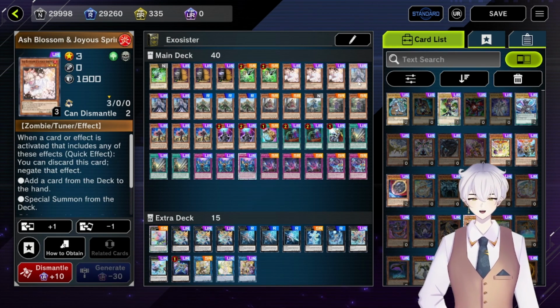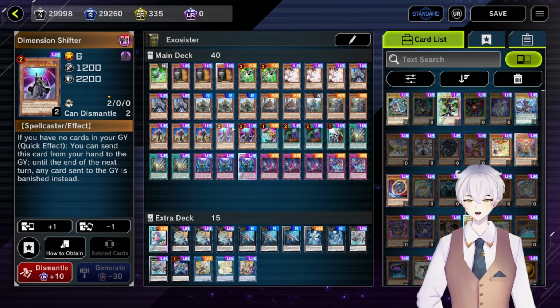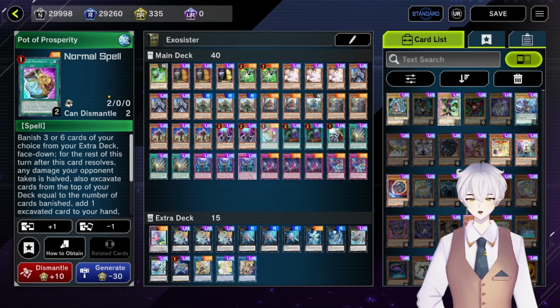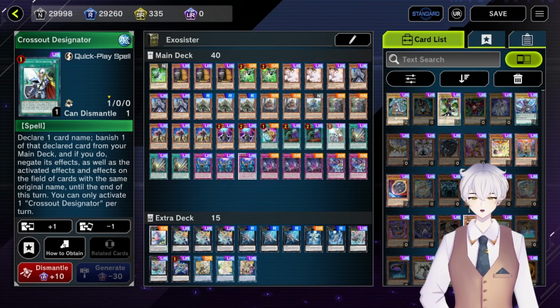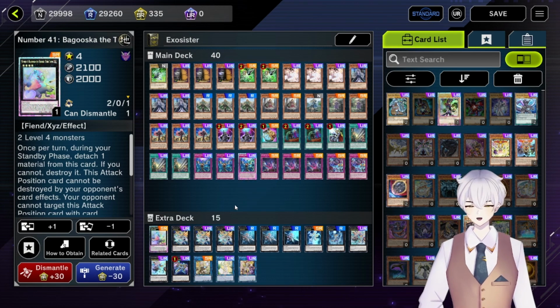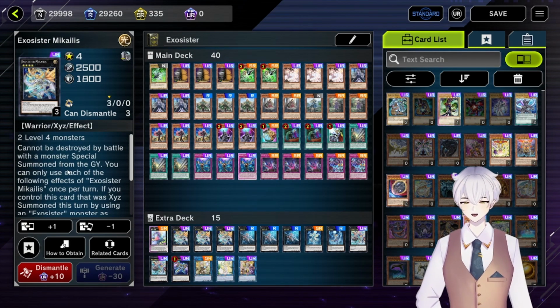3 Ash Blossom Joy Spring, 3 Ghost Bell Haunted Mansion, 2 Dimension Shifter, and 3 Imperm. We're also playing 1 Prosperity for consistency, the 2 Called By, and 1 Cross Out package. In the extra deck, we've got a Baguska, just in case, it's plan B, 3 Exosister Mikolas, made by 2